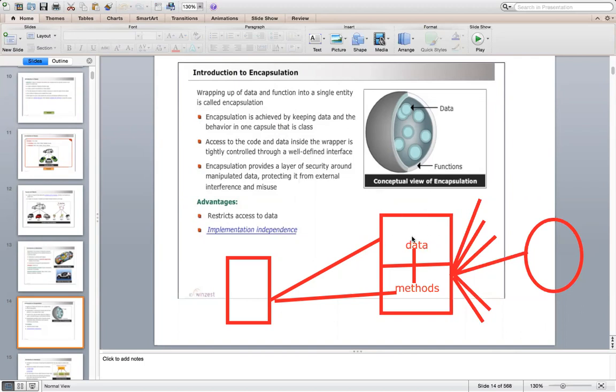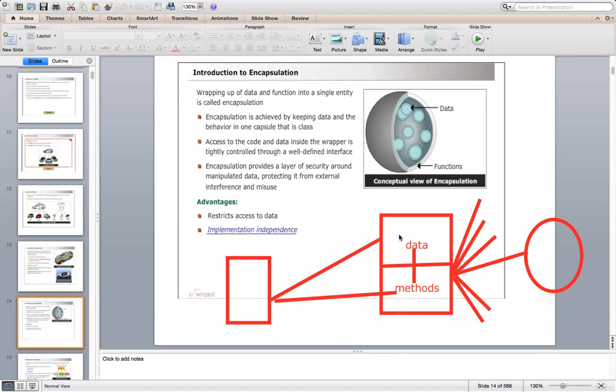The data, that is variables and methods, are tied together into a single unit. If I want this data, for example, this class is a customer class and I want customer data, I require a method defined within this class, and I create an object of this customer class in my class, and then I can call this method.